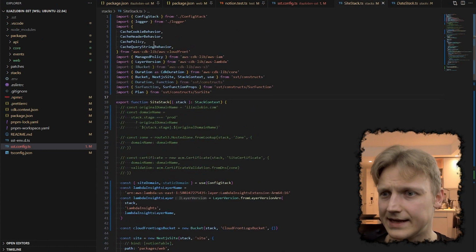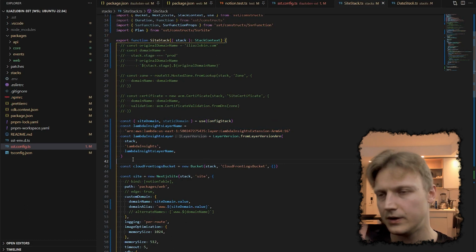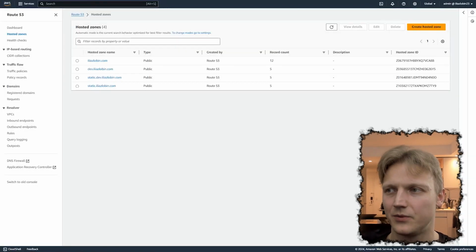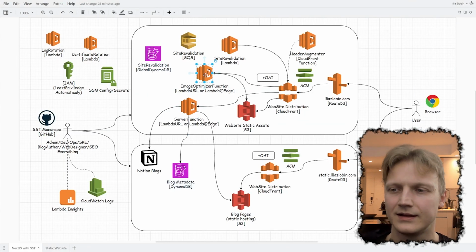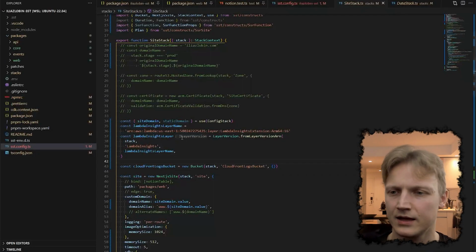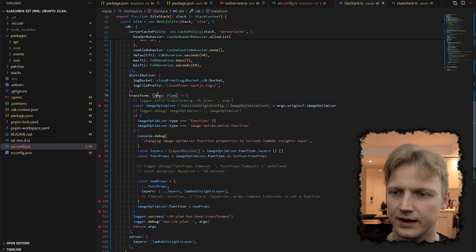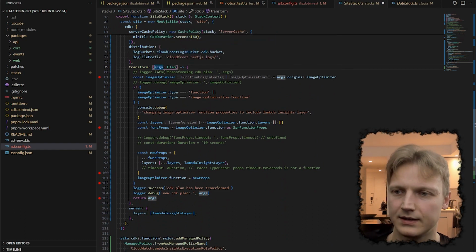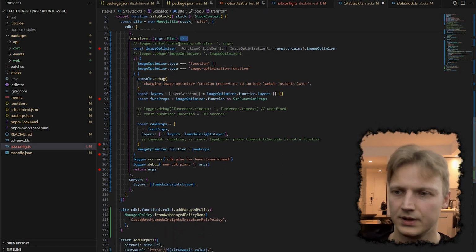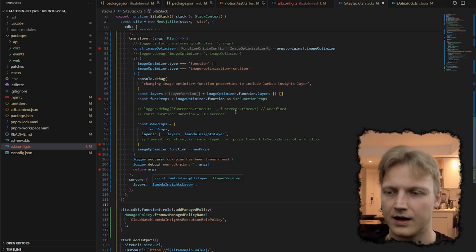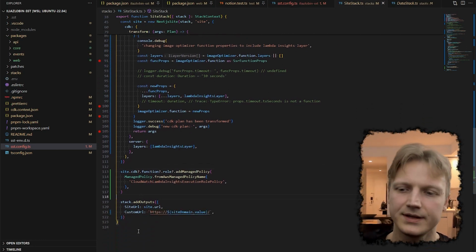And the last piece here is the site stack, which I had to tackle a little bit further because I was trying to find the parameters that I want to change, like timeout, for instance. I wanted to reduce the amount of memory allocated for this image optimizer function. It wasn't as trivial because I had to actually modify the plan itself. There's a transform function that is exposed you can use, and then the plan comes out in this argument parameter, which you can modify and provide back as the function output. Basically, everything is changeable. There are a couple of bugs I found so far, but nothing that can't be fixed. I think it's a pretty decent model to go with